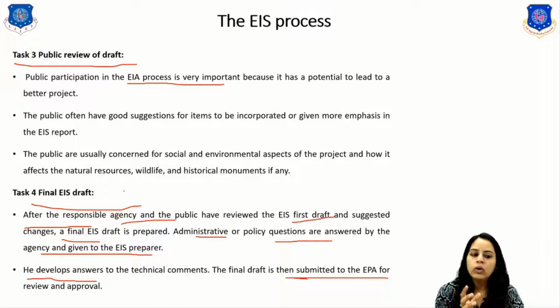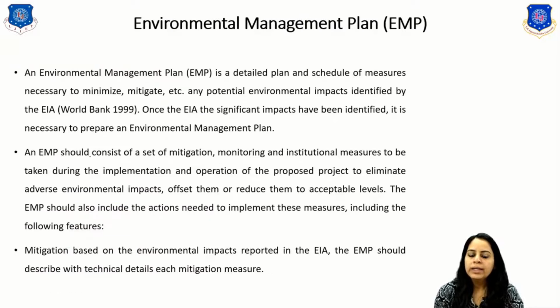So this is the whole EIS process. In the EIS process, there are 4 tasks. Now, the next one is the environmental management plan, the EMP. What do we mean by EMP? It is a detailed plan and schedule of measures necessary to minimize, mitigate and offset